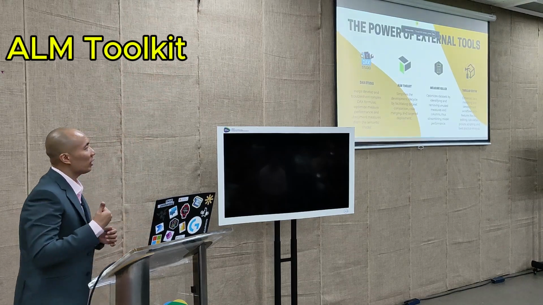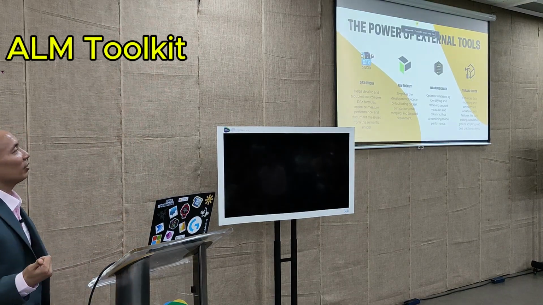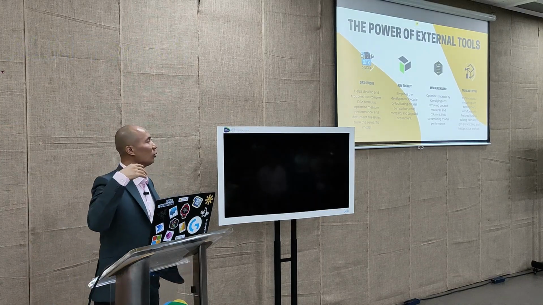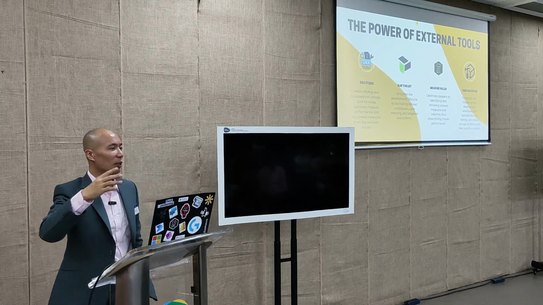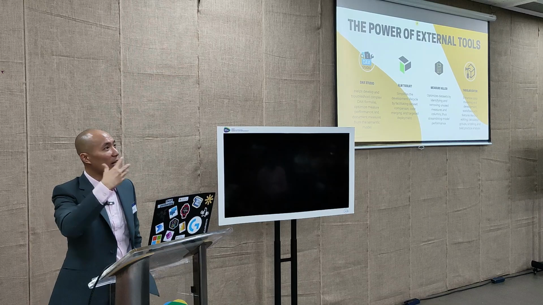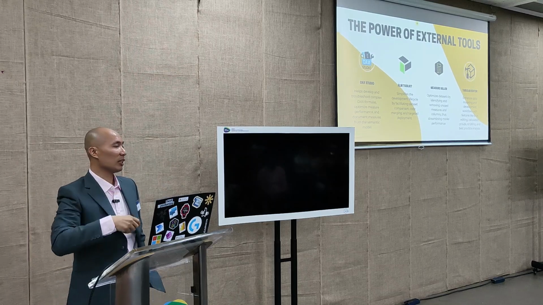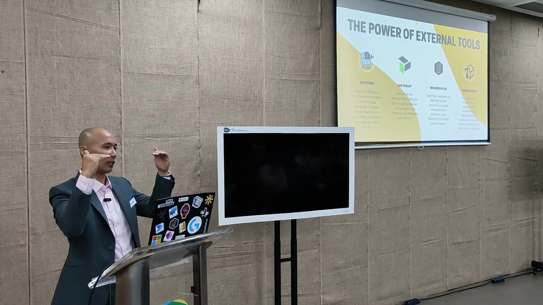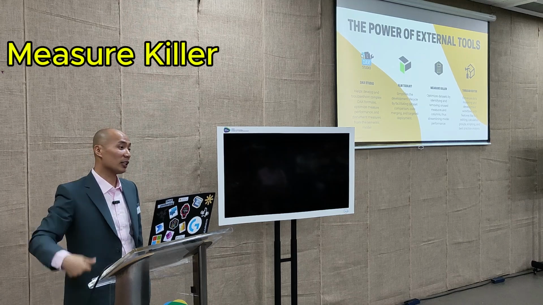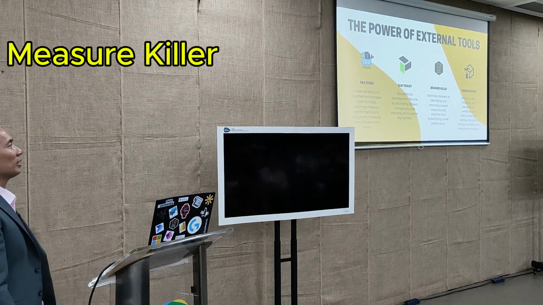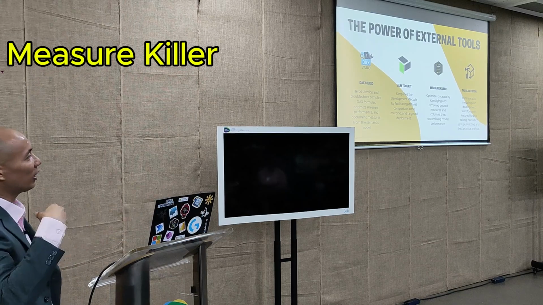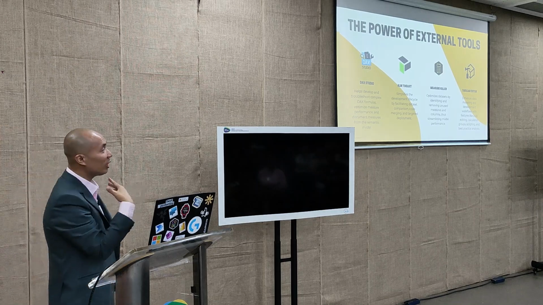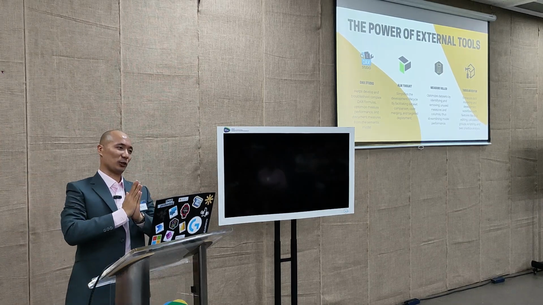Switching back, ALM Toolkit. Your ALM Toolkit simplifies the development cycle by facilitating dataset comparison, code merging, target deployment, and so on. Back when Power BI was not yet integrated with GitHub, whenever we collaborated, ALM Toolkit was what we used, because it allows you to compare two Power BI reports and know the difference between them. Measure Killer optimizes datasets by identifying and removing unused measures and columns, streamlining your model performance. From the name itself, it kills measures.